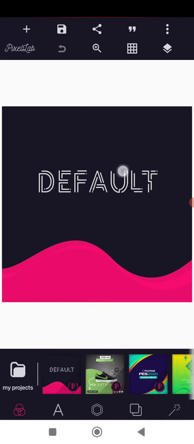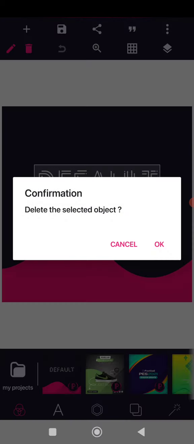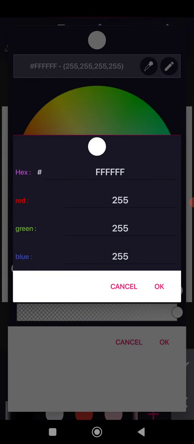First, let's set up our background by deleting this default. We won't be needing it. Then our background color will be white. Just go to your background color and click on white. This is a color code, all F throughout, 6 Fs. So that's all. Then first let me write out the brand name,